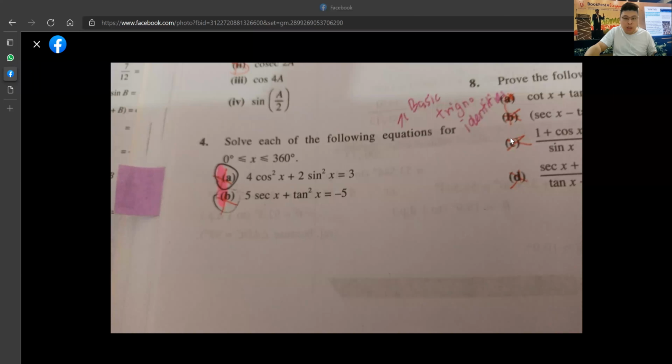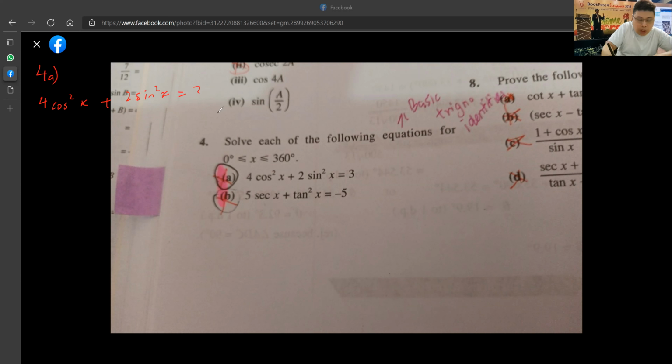Okay, this question is actually not that complicated. I mentioned in my Facebook comments that you can use a trigonometric identity to substitute away your cos square x or your sin square x to get another corrected equation. So let's see 4a. In 4a, you have 4 cosine square plus 2 sine square